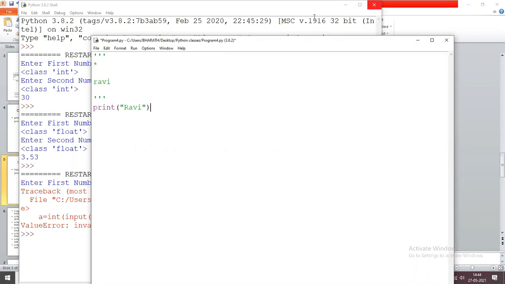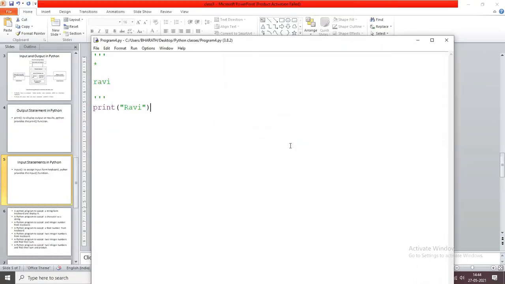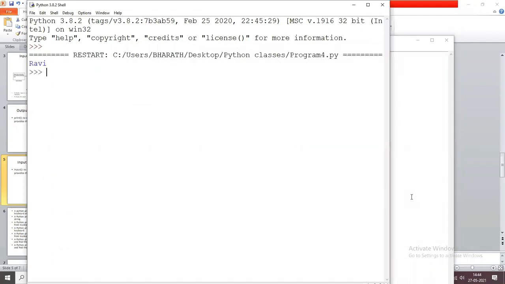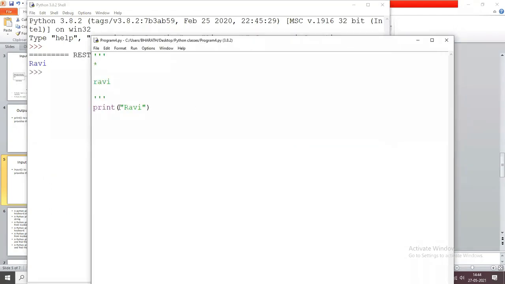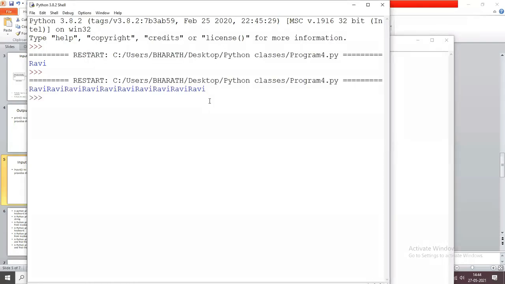Now if I execute this program, it prints Ravi one time. Now I want to print Ravi 10 times. Then I use the repetition operator. Asterisk acts as a repetition operator here. So this is the output, Ravi like that.